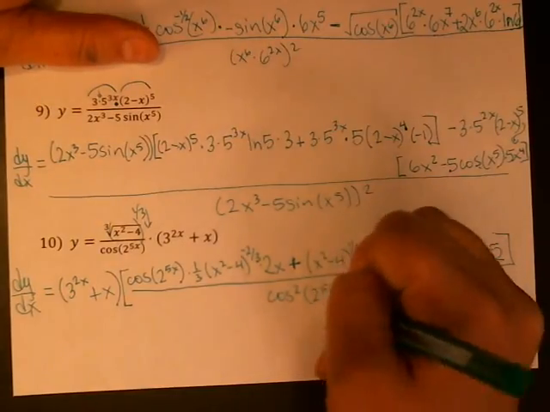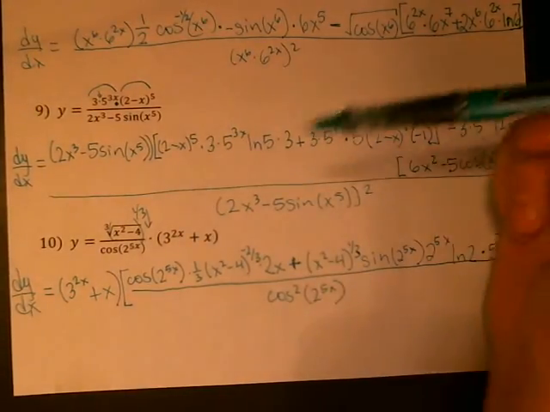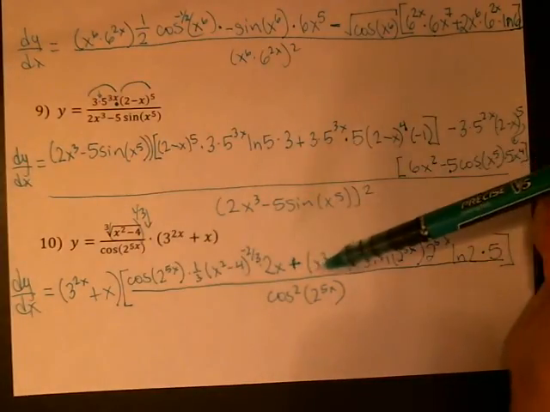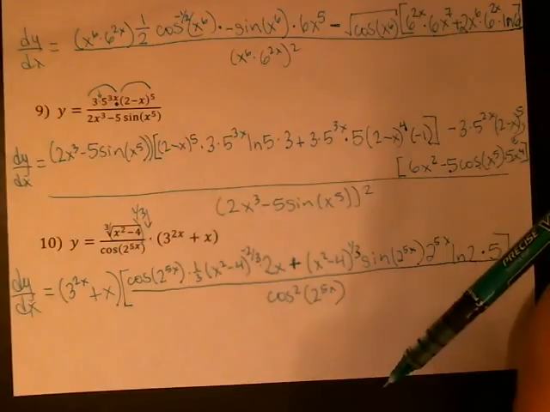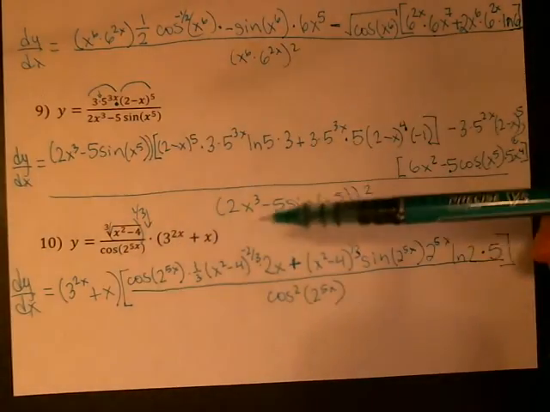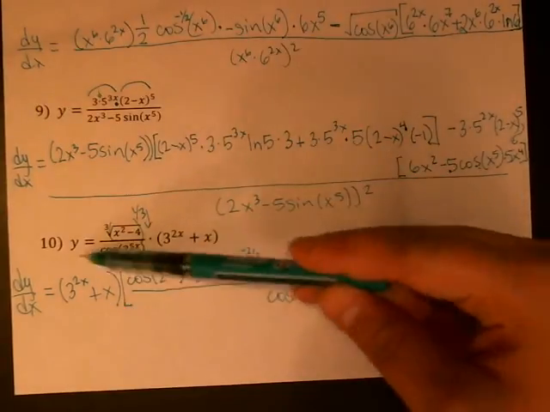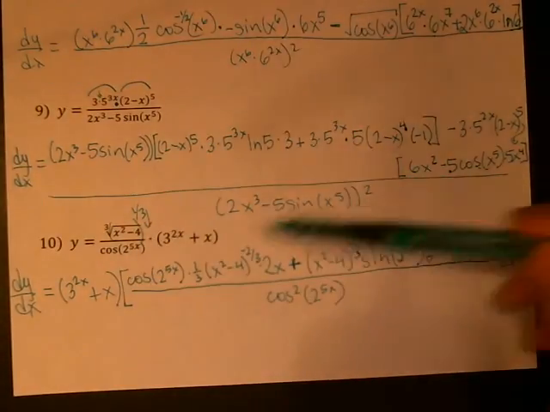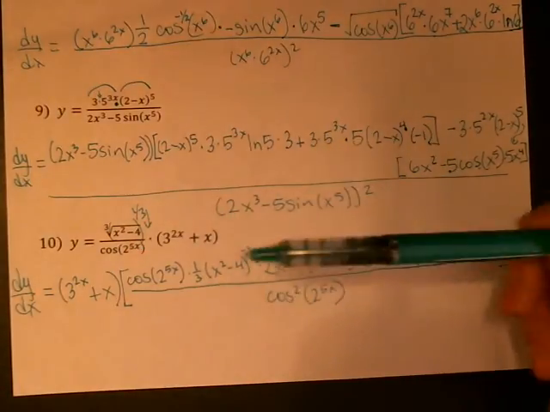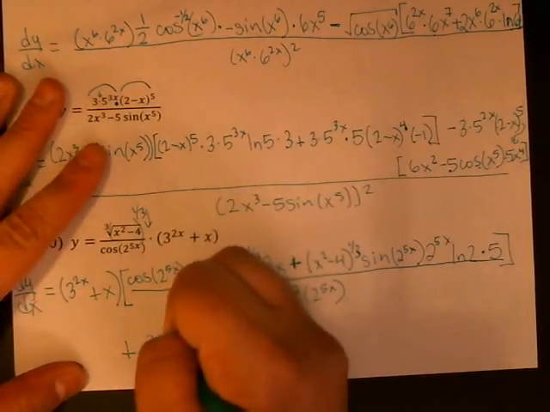Okay, so did I lose you yet on what I'm doing? Because I about lost me. So I'm in the middle of a product rule. I wanted the first times the derivative of the second plus the second times the derivative of the first. So here's my second, and the derivative of this whole messy thing is the derivative of my first. So second times the derivative of the first, and then I need plus the first